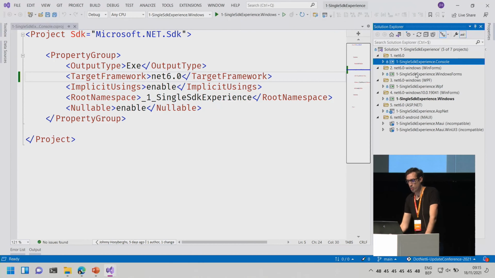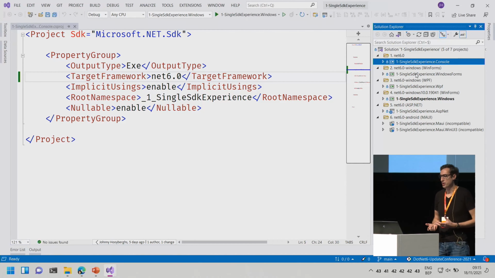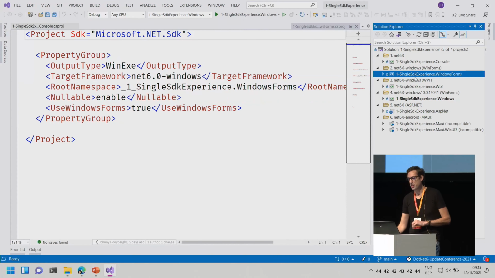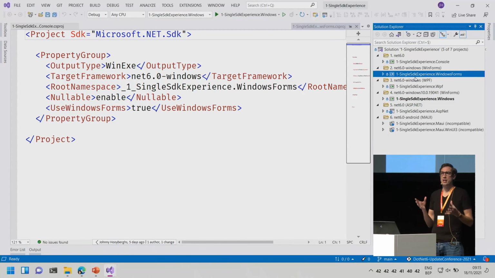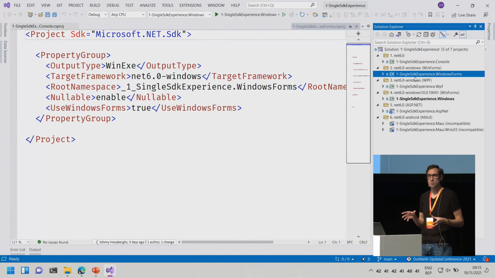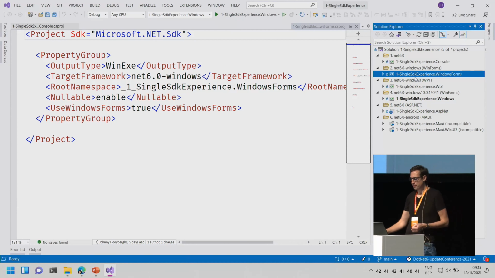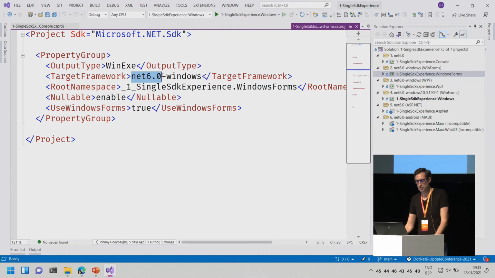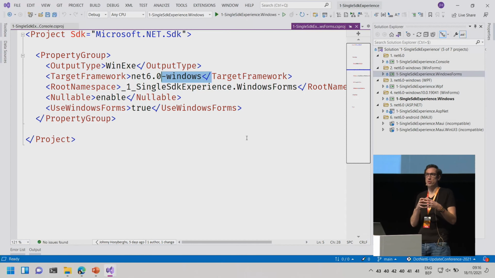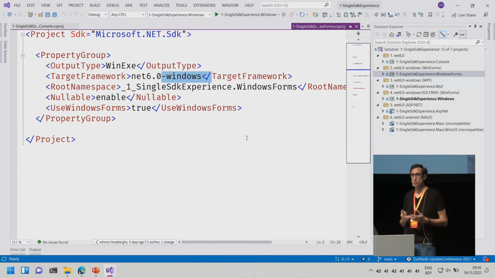Even cooler, when you are building other kinds of applications, for example a WinForms application, which is specifically for Windows. Today you can write console applications or worker services for multiple operating systems and multiple processor architectures. But if you want to do WinForms, it only runs on Windows. So the target moniker for .NET 6 for Windows has the additional dash windows in its name. What happens is you are creating a .NET application that can only run on Windows, but because of that, the base class library expands. So there are a couple more namespaces, classes, and methods that you can use because of that.